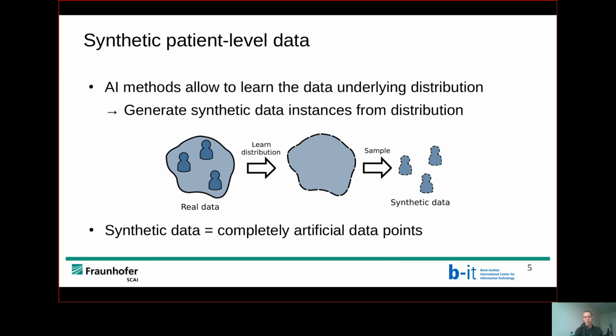And in our case, this would correspond to synthetic patients that are not connected to any real human being, but still follow the characteristics of the real data. As such, a synthetic dataset containing these artificial data points would also exhibit the same signals that can be found in the real data. So, for example, progression trends of biological markers.